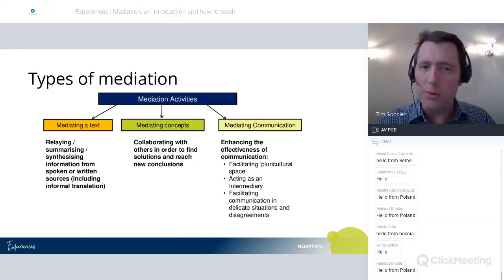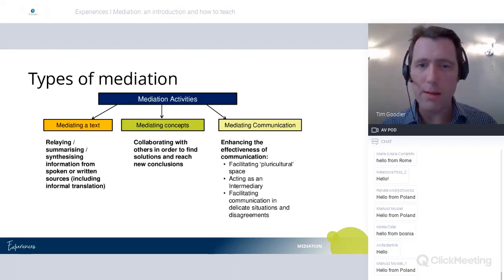The Council of Europe calls it pluricultural space, because pluricultural competence is, as I said before, your individual repertoire of cultural knowledge, and so by creating a space for that, you can facilitate intercultural dialogue, and you can act as